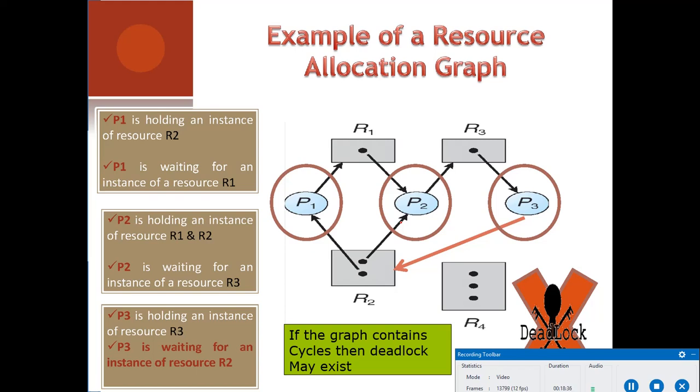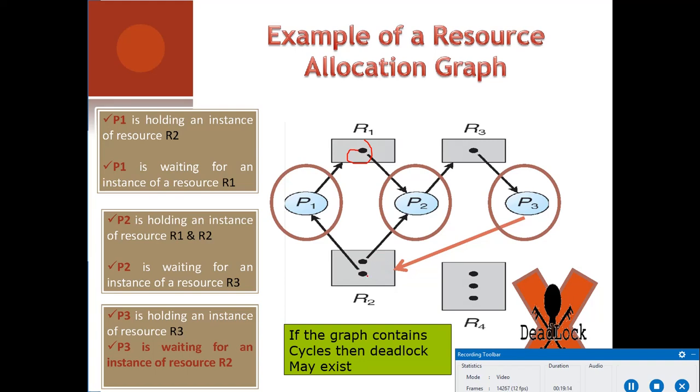Now, is this a deadlock or not? This is a deadlock, because if you see here, processes P1, P2 and P3 are deadlocked. So how are they deadlocked? Process P1 is holding resource R2. It requests resource R1. Now this resource R1 is being used by process P2. R2 is also given to process P2. But process P2 is requesting resource R3. But R3 is being used by process P3 and P3 is requesting resource R2 and none of the